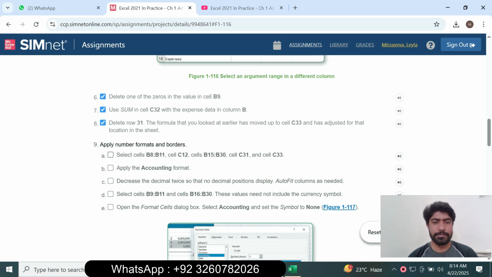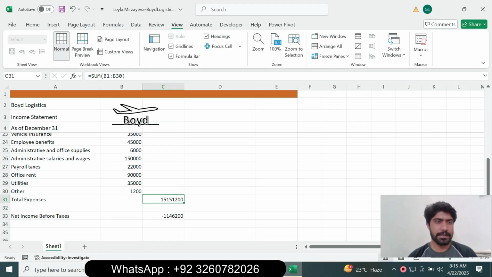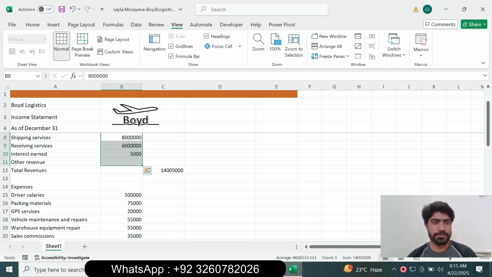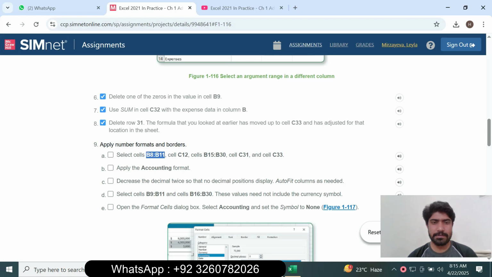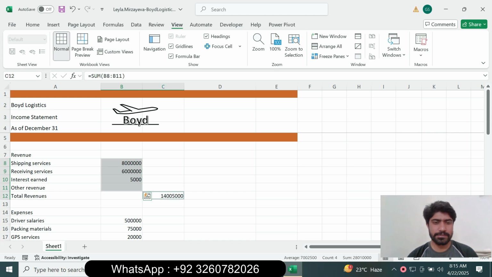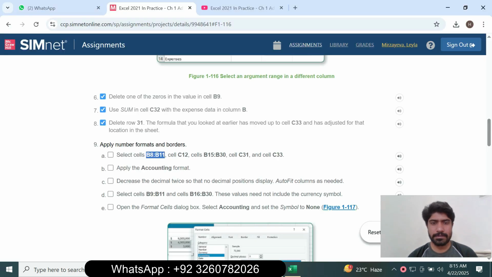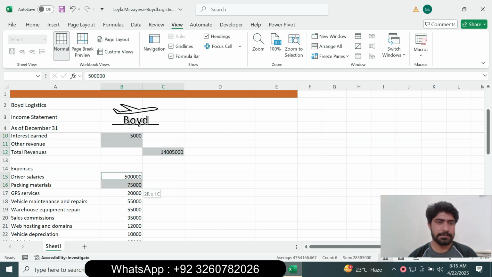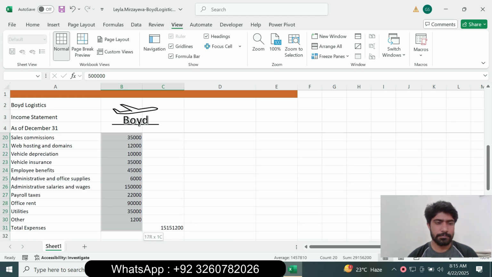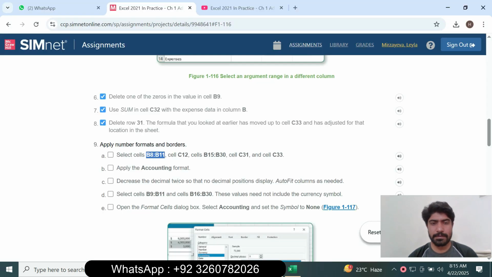Select B8 to B11, then C12, then the next range, and then C31 and C33.